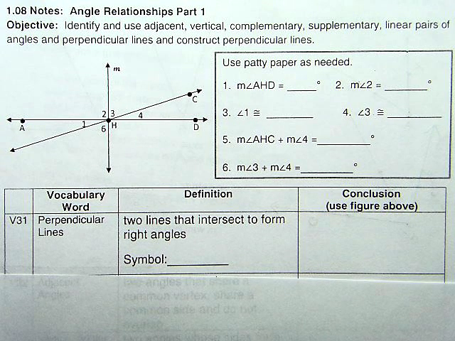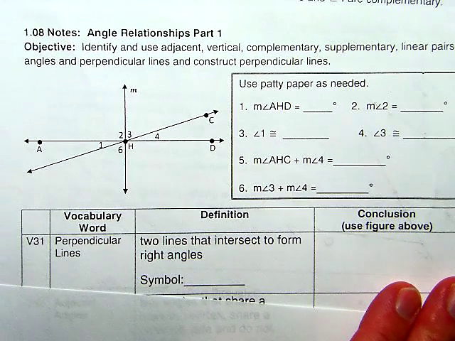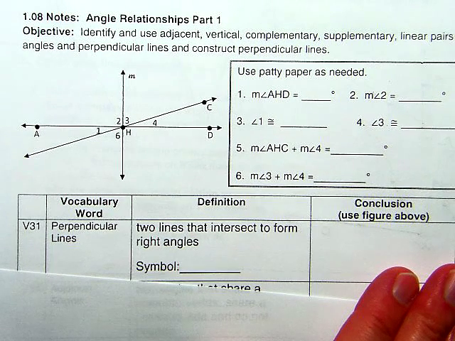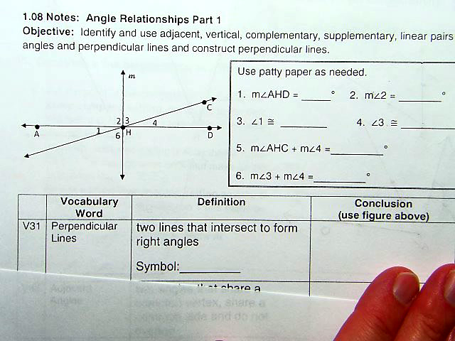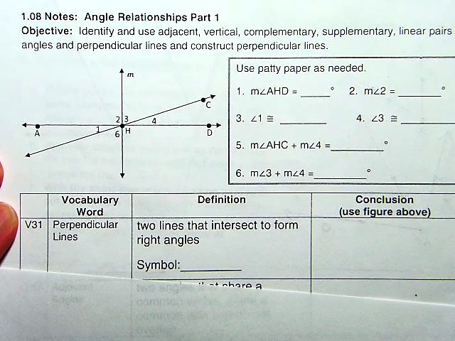So we are now going to start discussing Lesson 8. The objective of Lesson 8, which is the top of your notes page, is to identify and use adjacent, vertical, complementary, supplementary, linear pairs of angles, and perpendicular lines, and construct perpendicular lines. Okay, so we've got a lot of vocabulary to cover